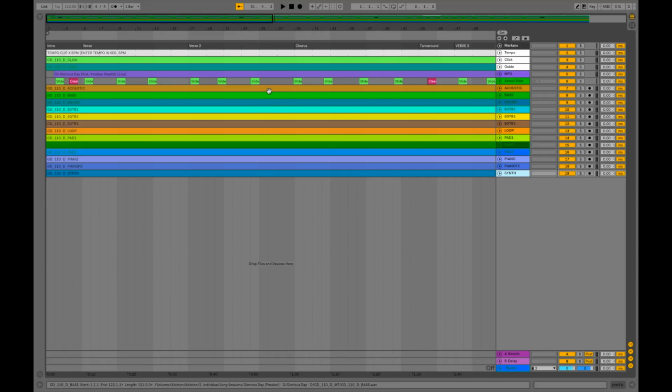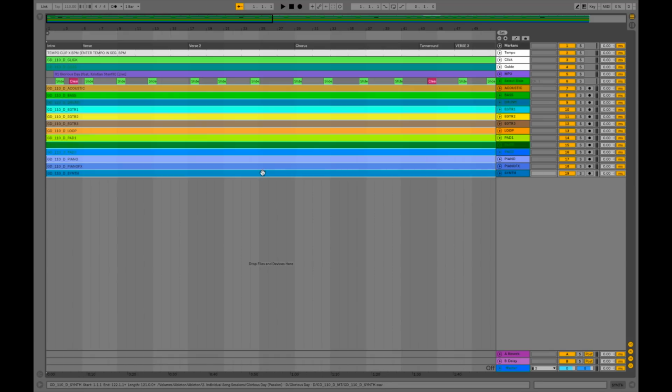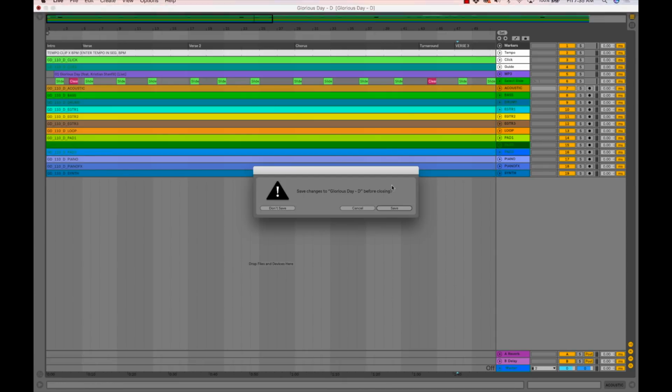So what I'm going to do is create a new project in Ableton Live Intro, and we're just going to pull in the audio stems of these backing tracks, and then we're going to mix these down and export them as one track. That's going to cut down on all these extra tracks, and that's going to allow us to use Ableton Live Intro to build our individual Ableton song sessions as well as our set list for our weekly worship sets. So I'm going to exit out of Ableton Live,